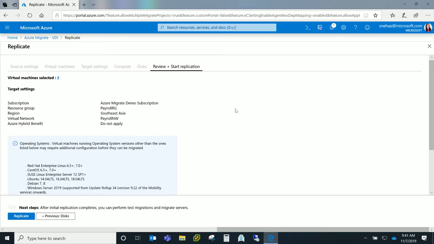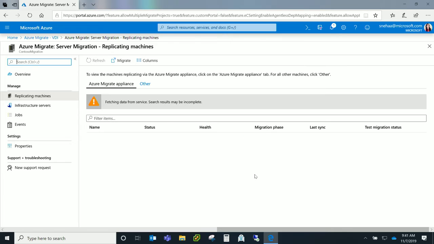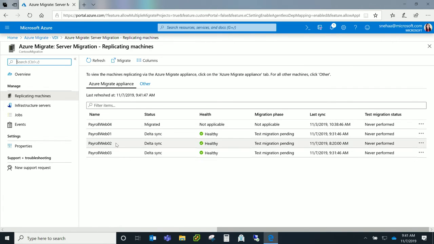So when we do replication, I did say that it is continuous replication. What this means is we do a first initial copy of your virtual machines to Azure, and this copy is a full copy. But we do subsequent copies at a regular interval where we move only delta changes to Azure. Now, when I click replicate here, this will go ahead and start replicating those VMs. And we already have a few VMs replicating, so I'll quickly show you the status of these VMs. As you can see, there are 4 VMs that we are replicating.